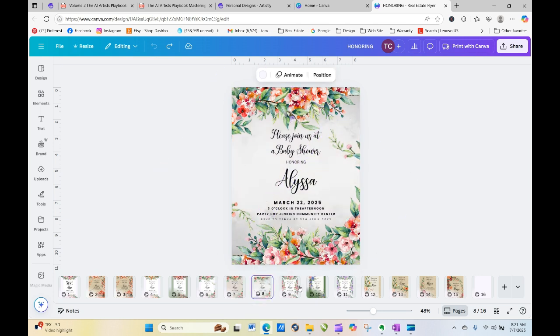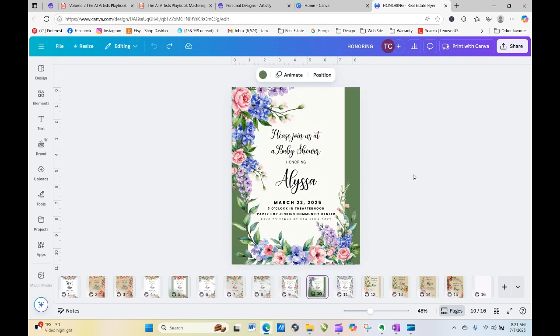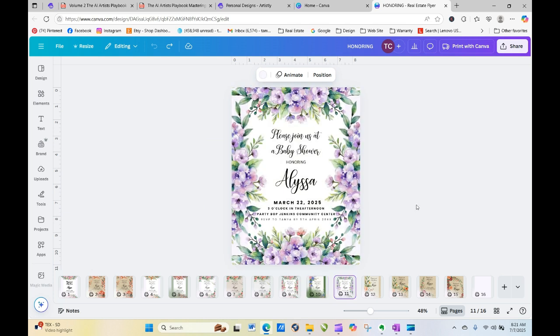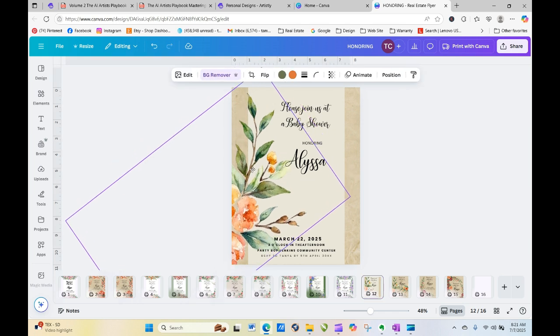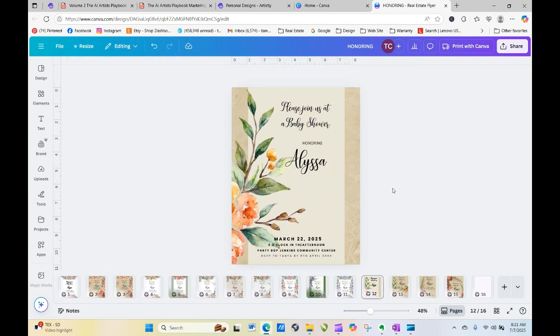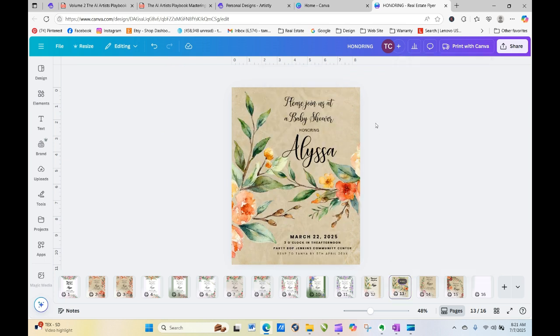Another background. And then this is really pretty. A different layout. Again, another layout. A different color for the other layout here. And then a different floral design. And actually this should have been pulled down here. And then you can see how I made a totally different version, changing the background and changing